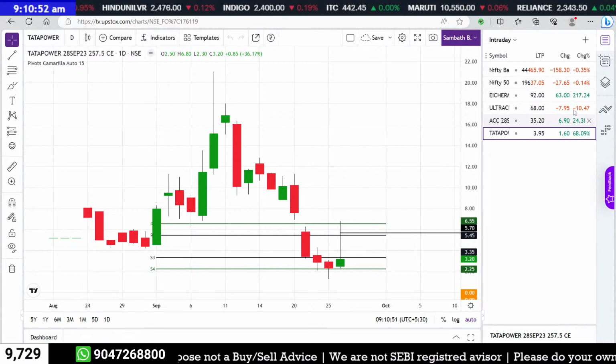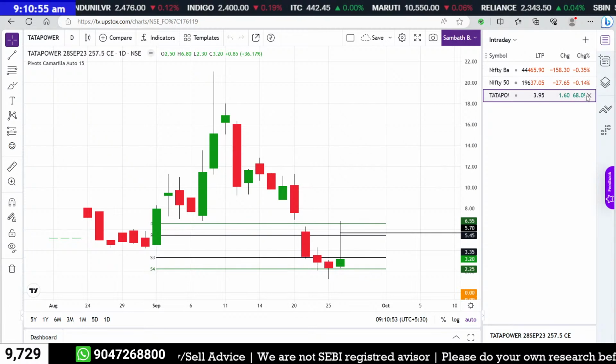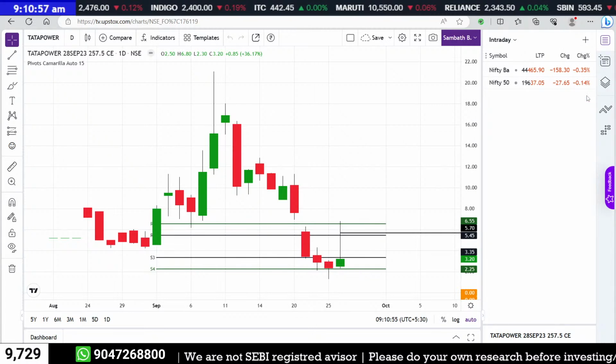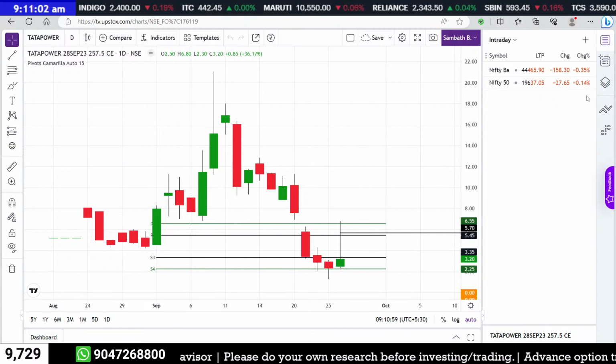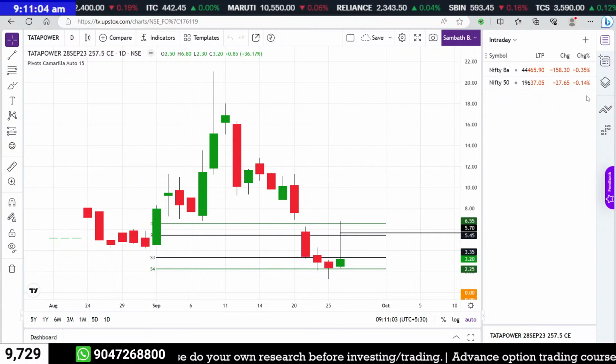Some of the options which we were focusing on yesterday worked well. And one more important update today: the pre-open session shows Nifty 27 points down and Banknifty 158 points down. Okay, so we are going to